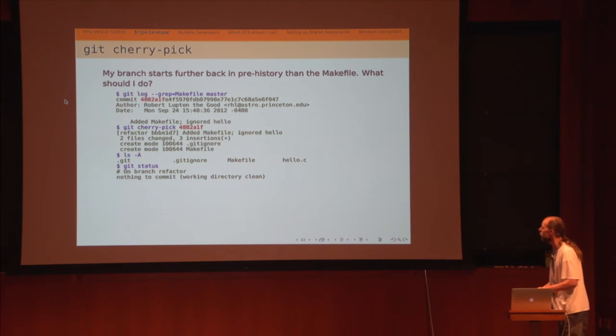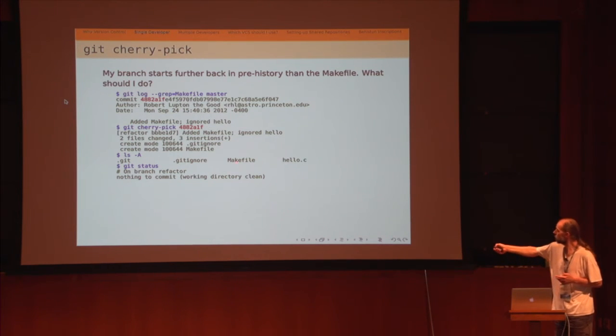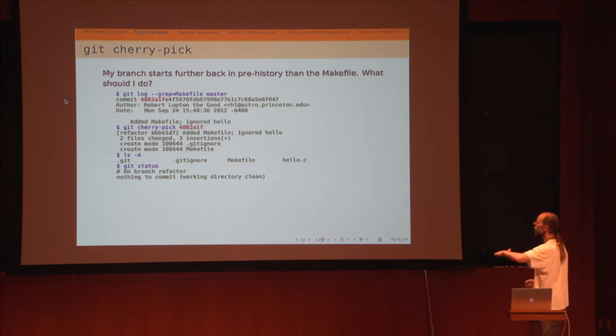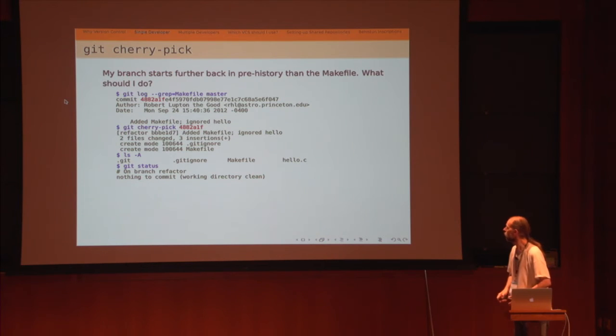Here's an example where I do. And that had the effect of grabbing makefile over. It also grabbed the .gitignore file containing hello. And that's why I told you this was really a bad idea, because I probably didn't want to do that. I only wanted to do that. So that's why orthogonal sets of changes makes your life easier in the long run.